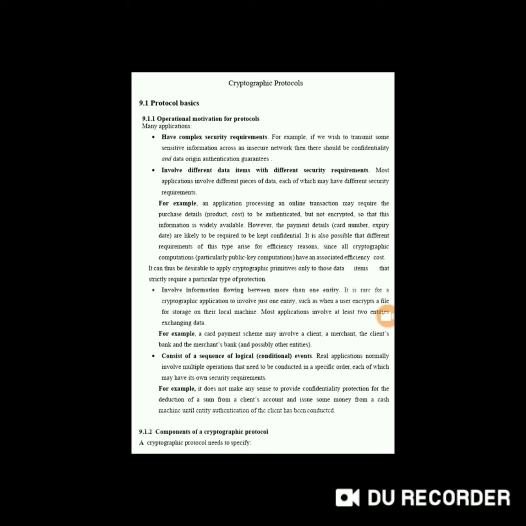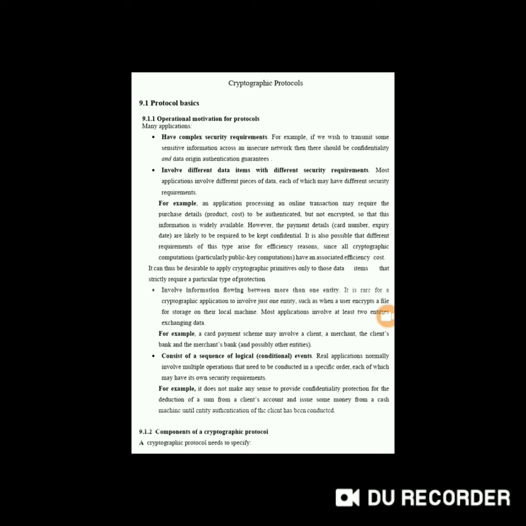For example, it does not make any sense to provide confidential protection for the deduction of a sum from a client's account and issue some money from a cash machine until entity authentication of the client has been conducted. So these are some of the applications.